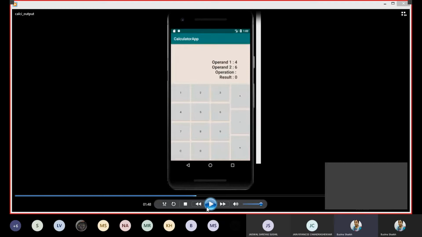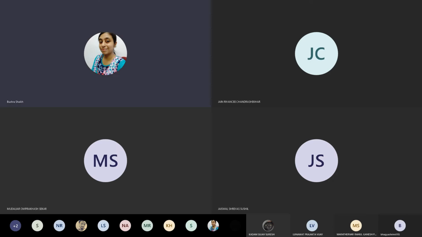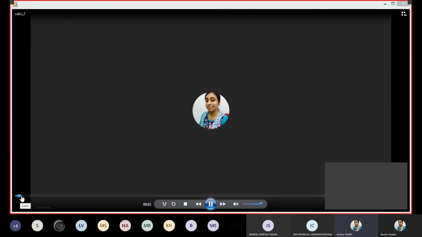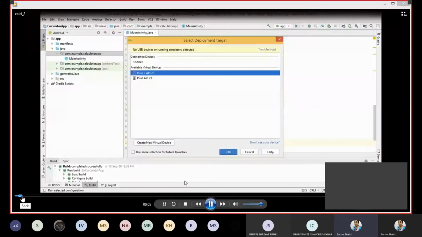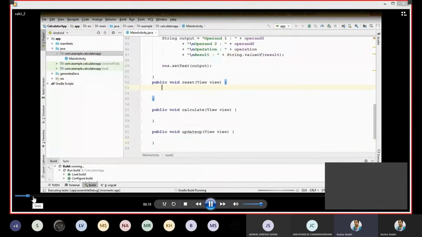And this has to be done yet. Okay, so we'll stop this video here, and again we'll go back to the second half of our demo part, the remaining implementation. We are left with a few more functions to be implemented. So after reset, we had implemented so far numpress, update UI, and update operand. Update operand will eventually call update UI.